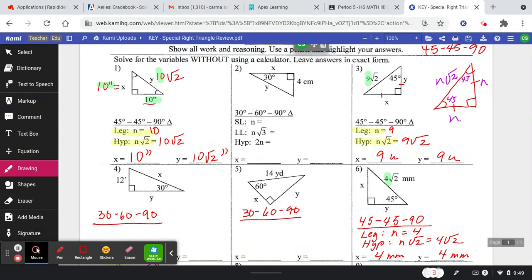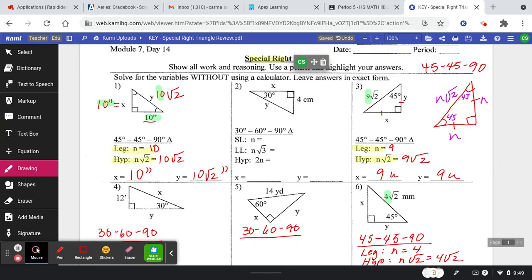Okay, so not only how do I recognize it, but what was the rule on the 30, 60, 90? So let's go draw a little drawing up here. I'm going to make it match the way this picture is laid out. So the 30 is my short side across from the 30 because 30 only opens a little bit. Remember that that was my side length, S, across from the 30. Then my hypotenuse was double that side length, and my other or third leg, my third side, was just the